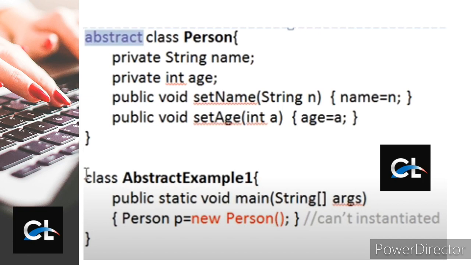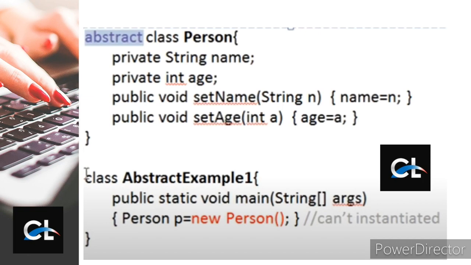Here we are just assigning the value of n to name and a to age. In abstract class we are not going to describe the method, only we are able to create the prototype there.